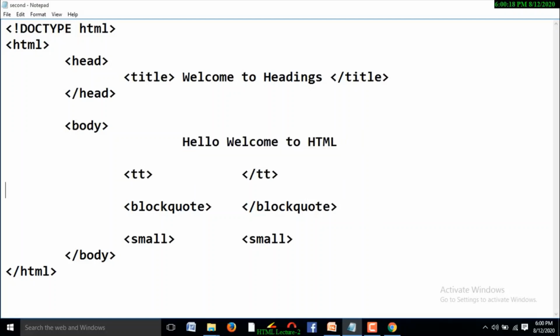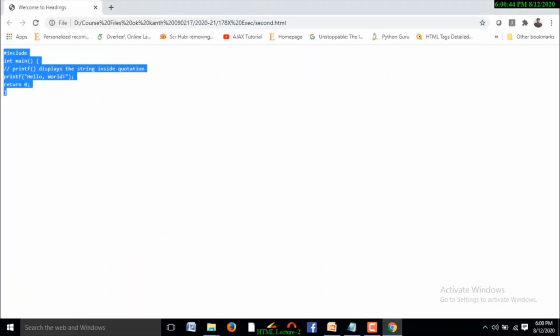When the content appears within the tag, then only the tag style is applying. Tag features are appearing for the content. But here I am not using any content within the tags which are mentioned by me, like teletype, block quote or small, right? Go to the browser, simply refresh it. The normal text is displaying, right?